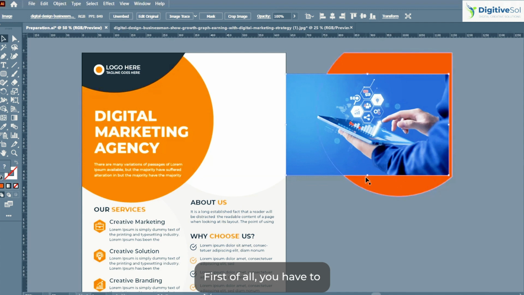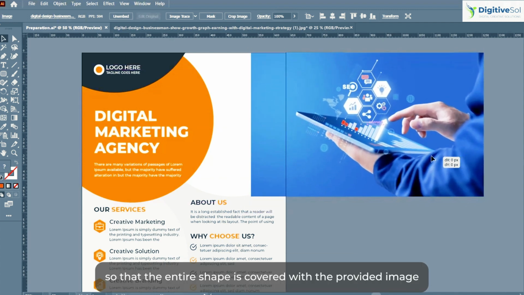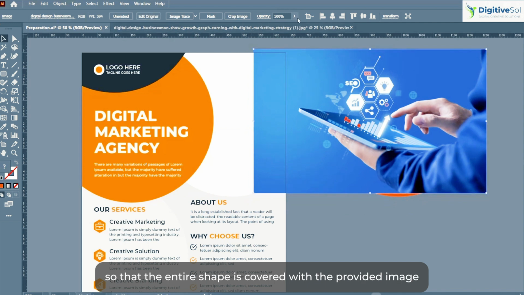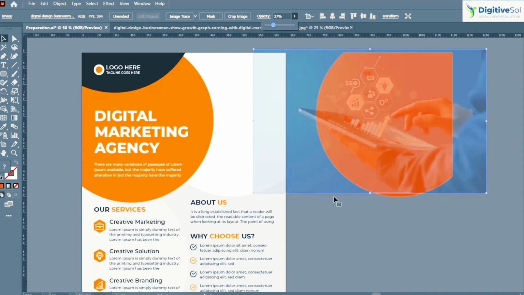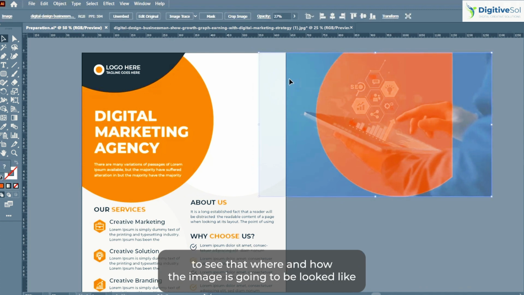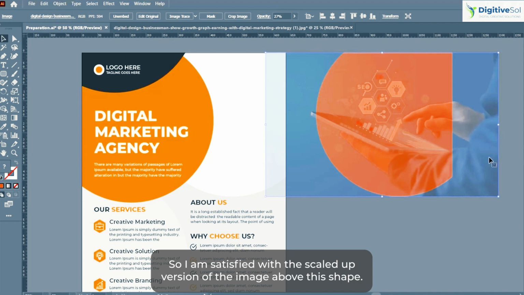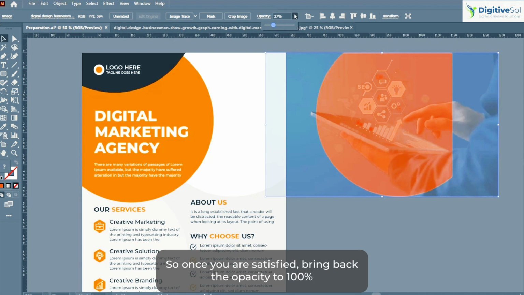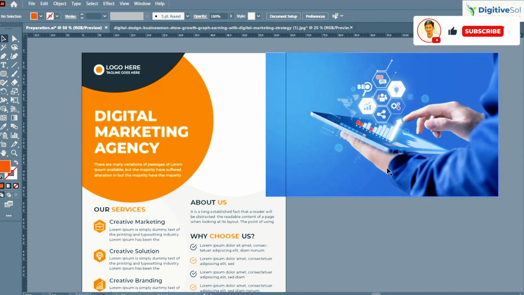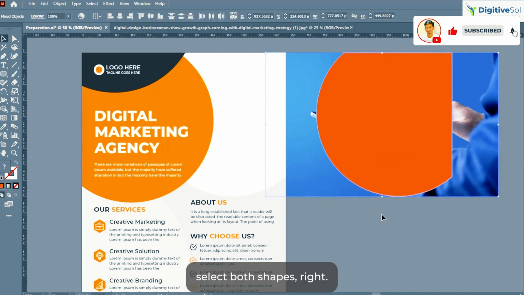First of all, you have to scale up or scale down the image so that the entire shape is covered with the provided image. You can use the opacity panel to see where and how your image is going to look. So I am satisfied with the scaled up version of the image above this shape. Once you are satisfied, bring back the opacity to 100%, send this image to back, and select both shapes,